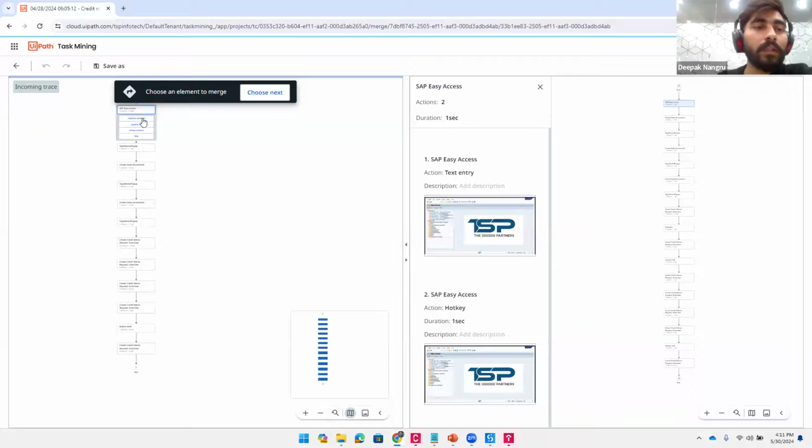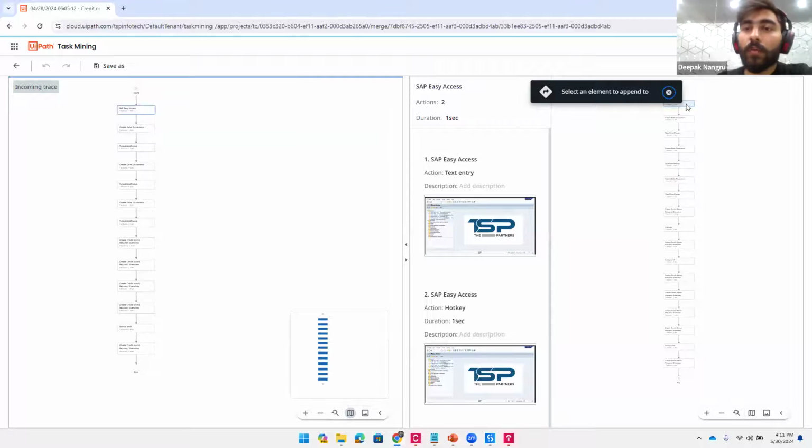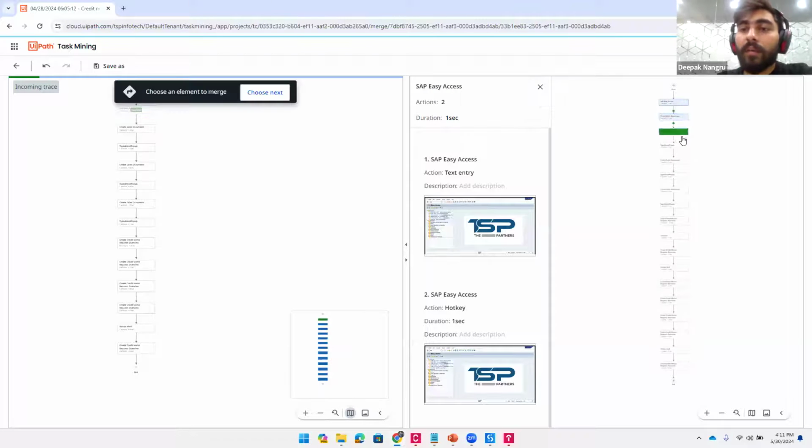So what we can do, we can just come here, we can append some step from this screen and we can add them here. You'll notice one step from here has been appended here. So this gives us a complete idea. We can have complete control. The BA and the project admin have complete control over the data. If they want to make any changes in the flow, any step they want to take from that different trace, they can merge it into a different trace and create a different trace altogether. That we can do very easily.